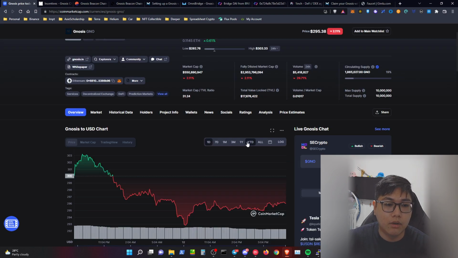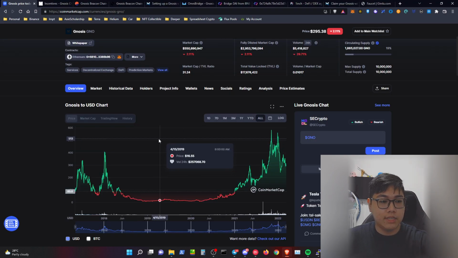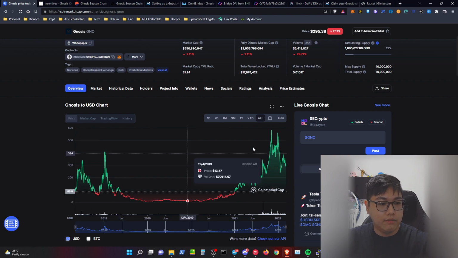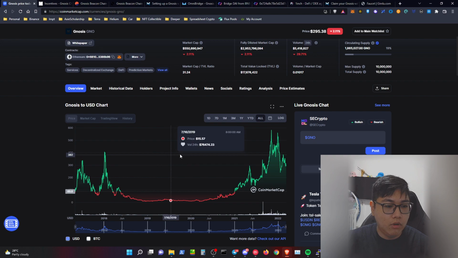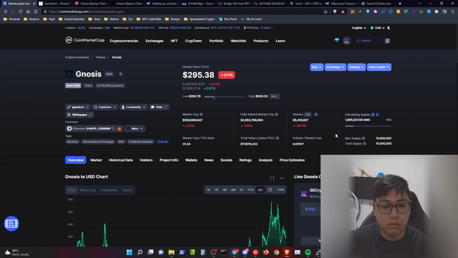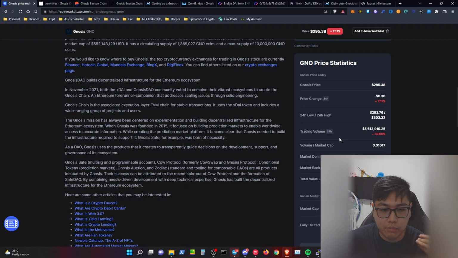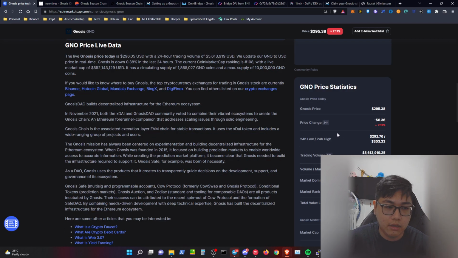After that, we can look at the all-time high. Over here you can see the all-time chart. Gnosis is worth around $580 at the all-time high, and the all-time low is, I would say, maybe, let me try to find it, maybe $15. So whoever bought it at $15 is like, oh man, money man. But if you do not own it at $15, or you own it at $300, or even at the peak, it doesn't matter if you are still hodling. And I believe that this token might just strive higher in the future.